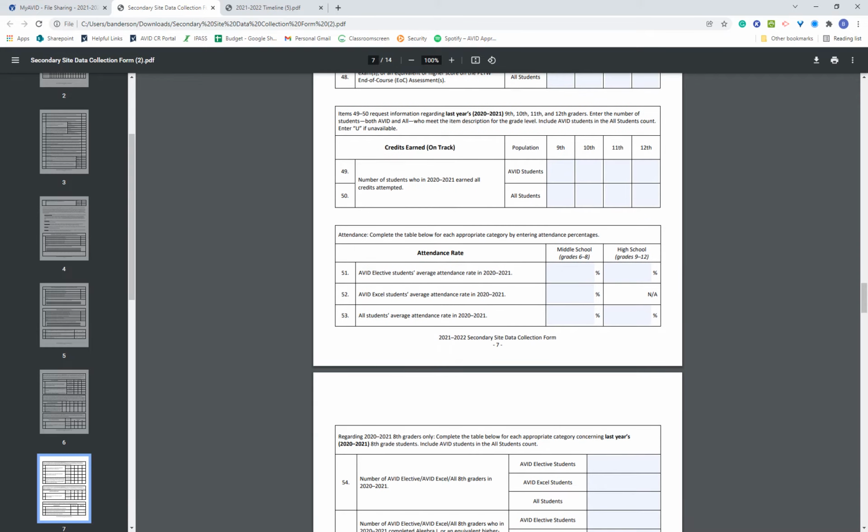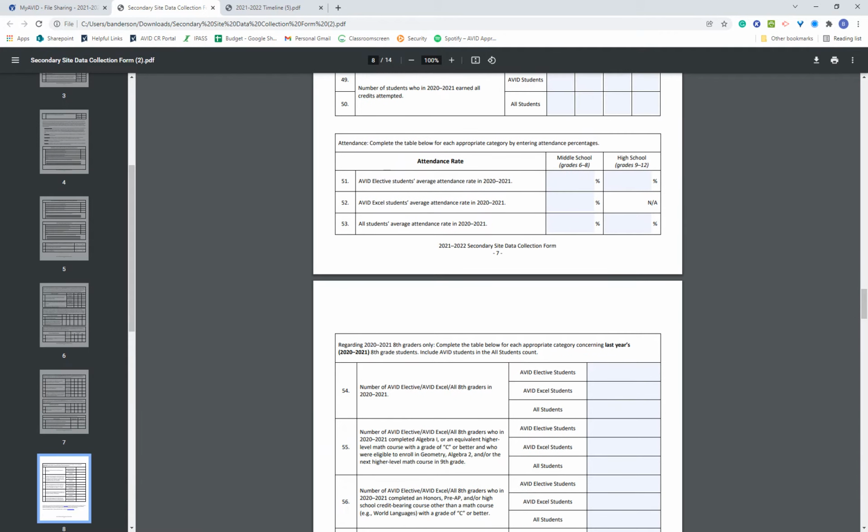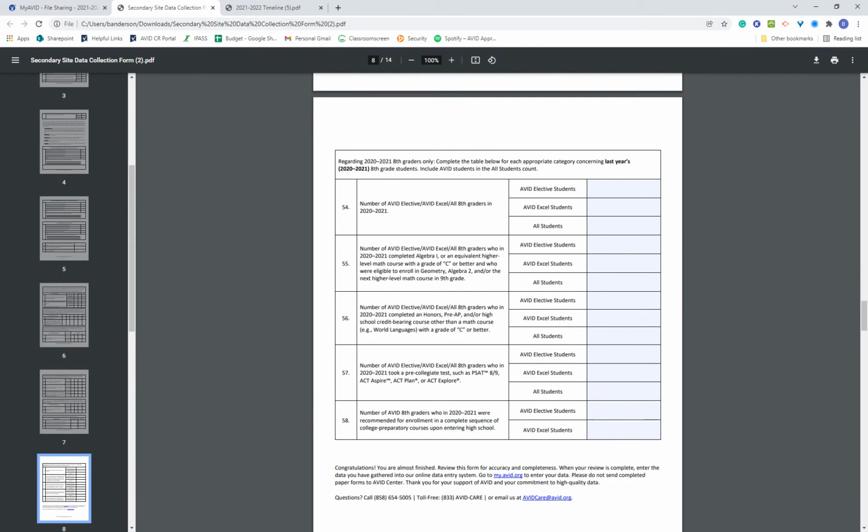Questions 49 and 50 get into students who earned all credits attempted. So hopefully we see 100% of our AVID students earning credit for all courses attempted. And then we look at attendance rates of AVID students versus all students. And the last section focuses on 8th graders. And we do realize that there are some districts around the country that are high school only districts where they would not necessarily have access to 8th grade